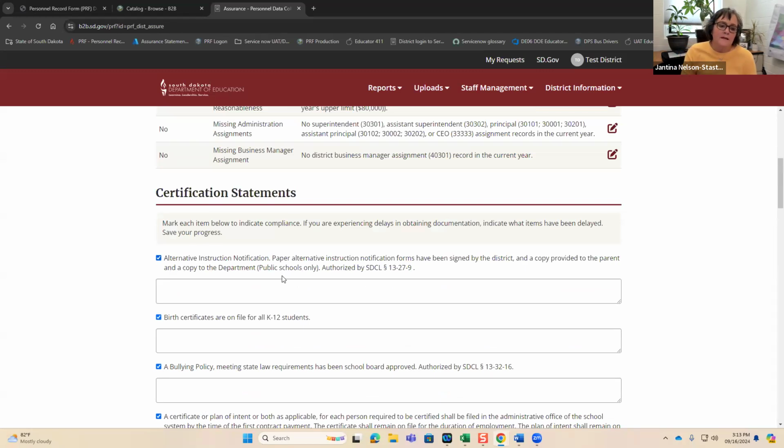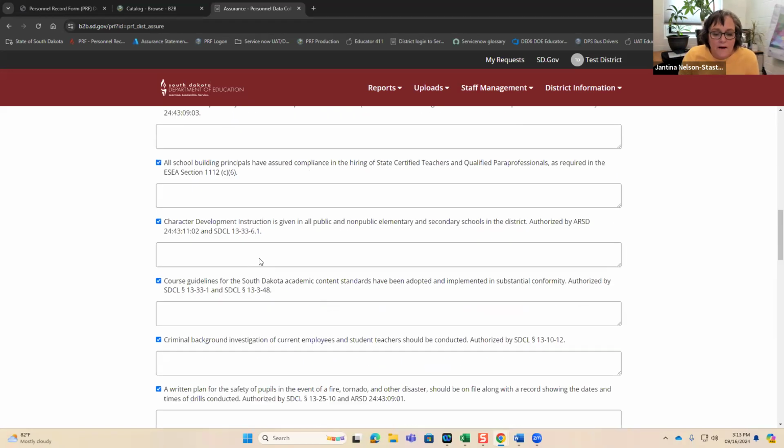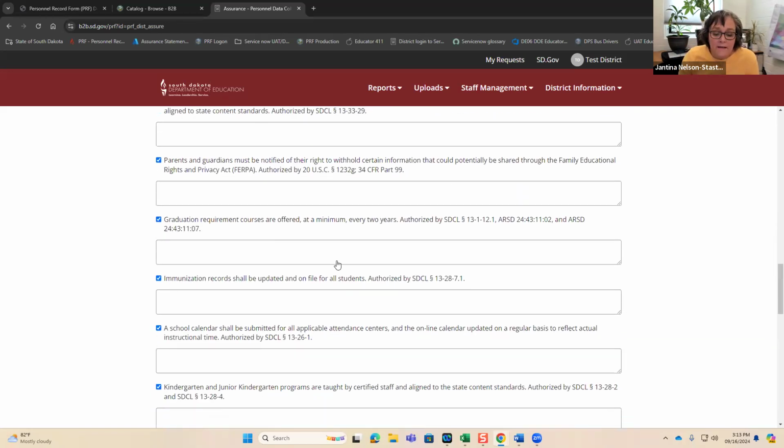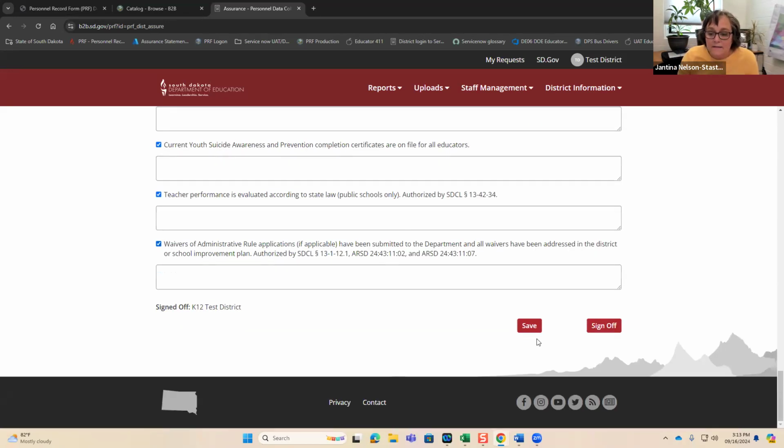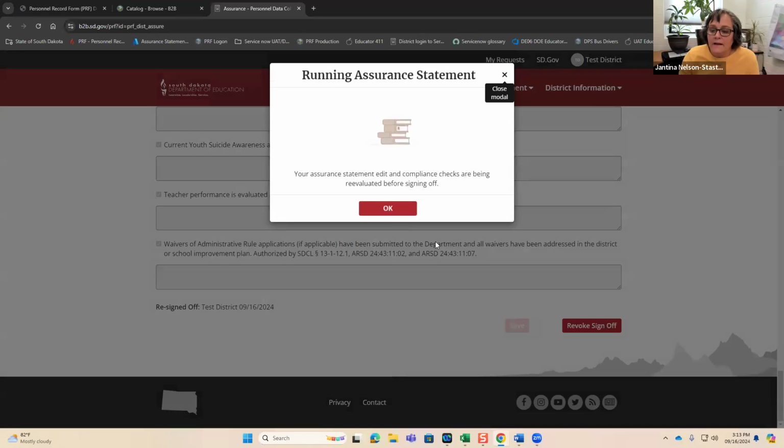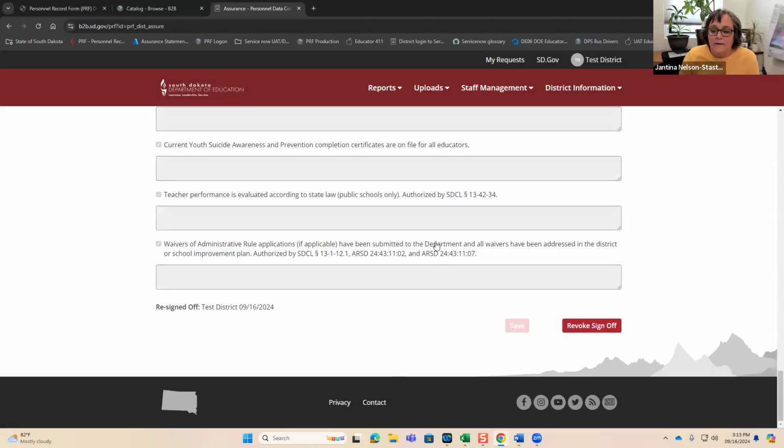You can mark these at any time as being in compliance with these and save and have it ready for when you submit. And then once you have check marks in each and every one of the boxes, you need to click on the sign off button.